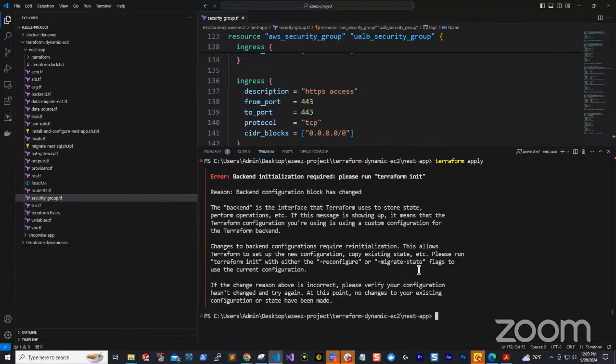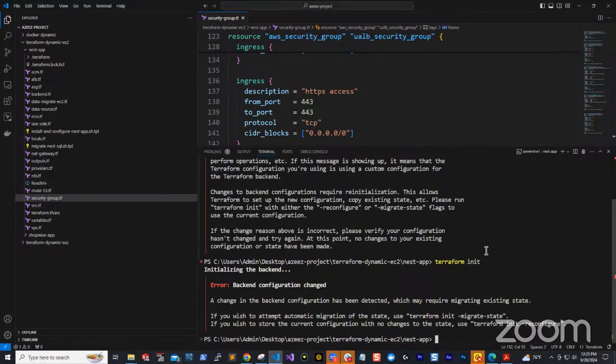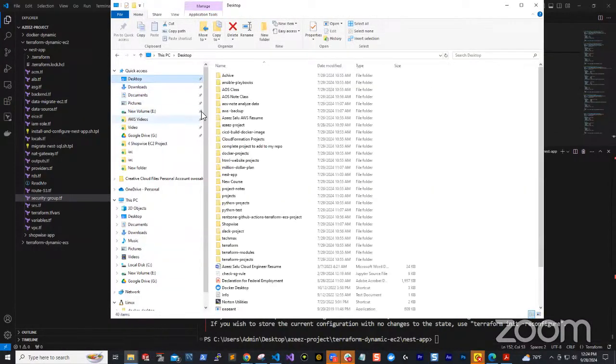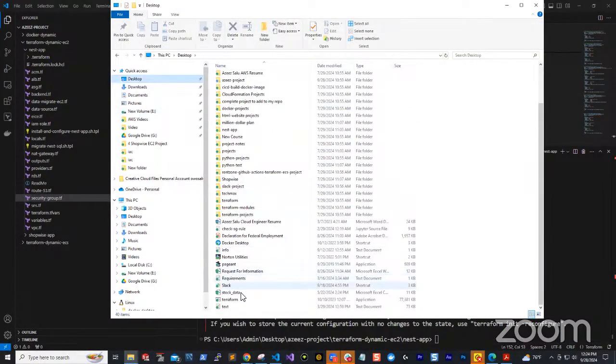Okay, I need to run Terraform init probably. Yeah, Terraform init. Oh yeah, so it's probably because I did that update. Let me just change it back. It's because I just did that Terraform